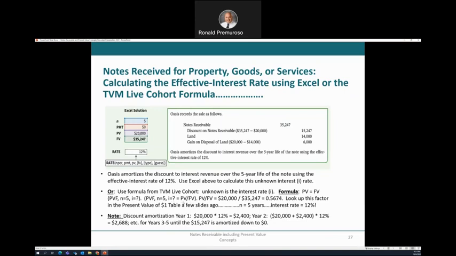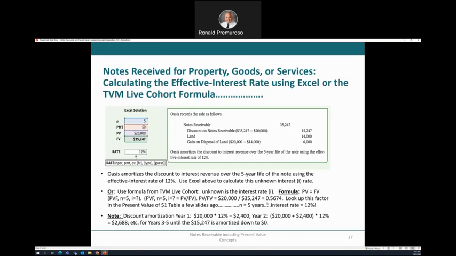So if we divide both sides by future value, you can see the formula: PV divided by future value equals the factor. So we're trying to find the factor. Inserting under present value, we know the present value of this note is 20,000, from the previous slide. The future value of the note is 35,247. We divide dollars by dollars and we get not dollars, but a number, which is